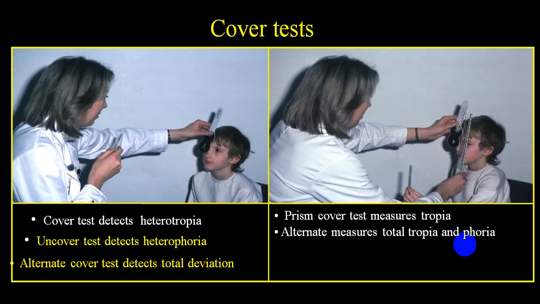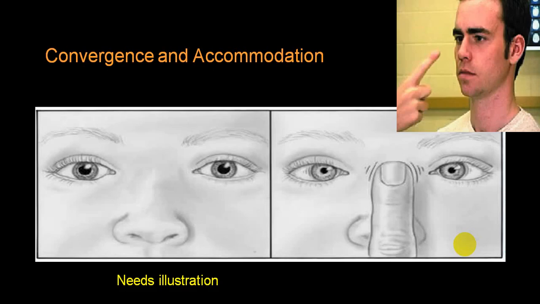And you can do the cover uncover test. Particularly this will be done to find out the squint. Convergence response you can test by asking the person to look straight and then look at the tip of the nose. When he is looking at the tip of the nose, you will see the convergence of both eyes, that is medial movement of both eyes, plus the pupil will constrict. This is what we call the convergence response or accommodation response.